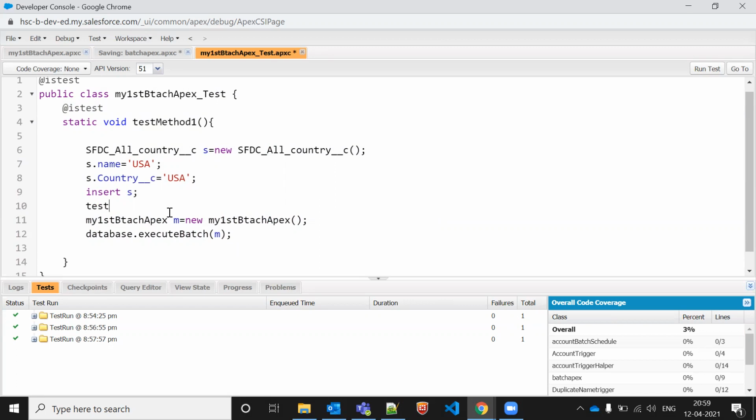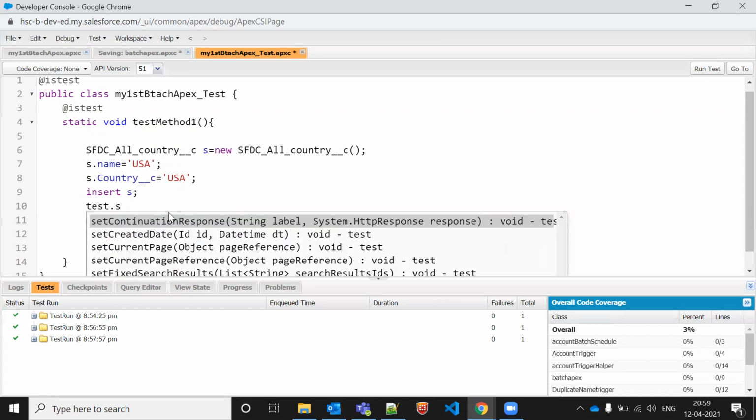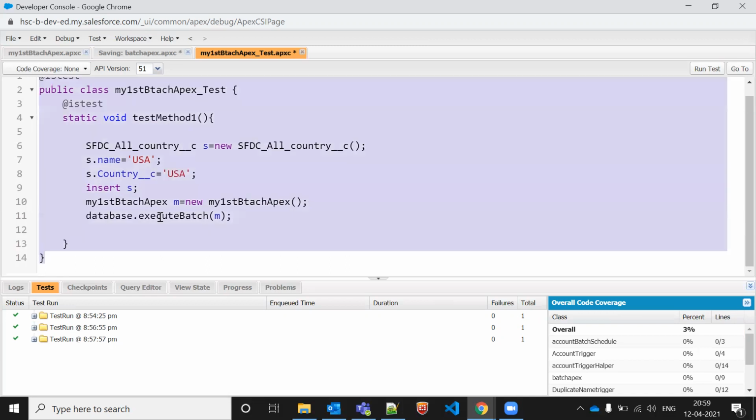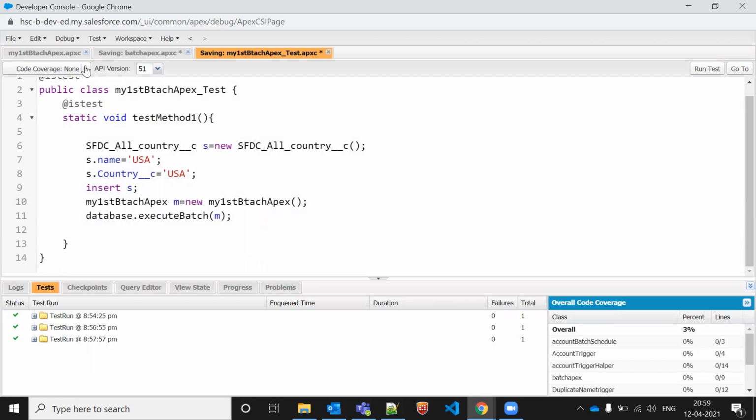Okay. Yes, in here. No, it will be below, at line 14. Okay, fine. So that we can achieve from here.